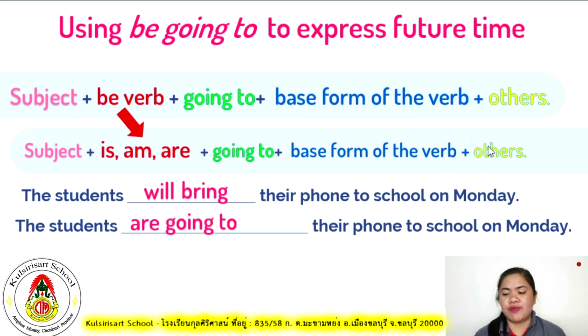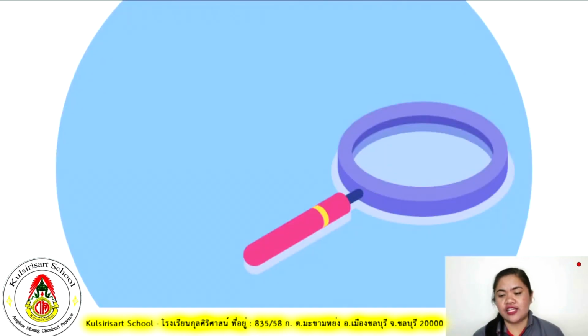And then what is the base form of the verb? Our verb here is bring. Correct, so that remains the same. Bring. The students are going to bring their phone to school on Monday. Did you get it? That's good to hear. So now let's proceed to